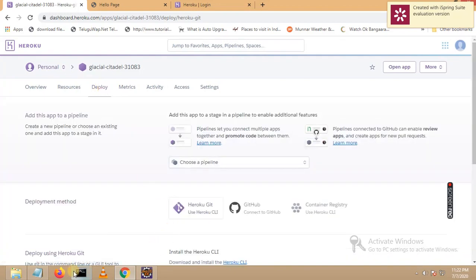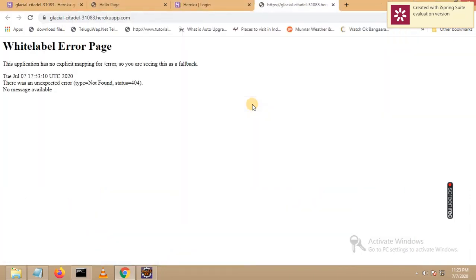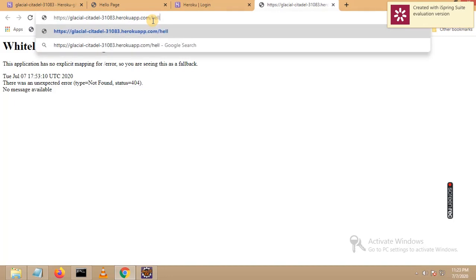Now let me go to the console again and type the command heroku open. Let's see what will happen now. See, now you are able to open your application from Heroku. Now I got a whitelabel error here. Now let me give / here and then hello, because previously we gave the same URL for opening the application. Now let me press enter,